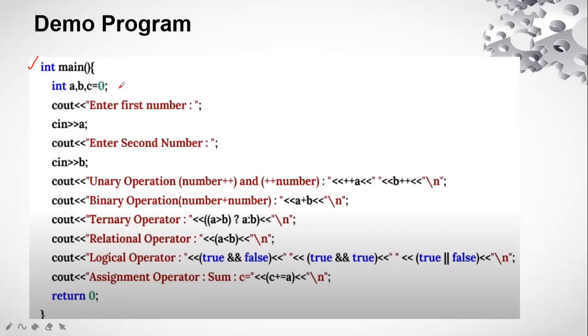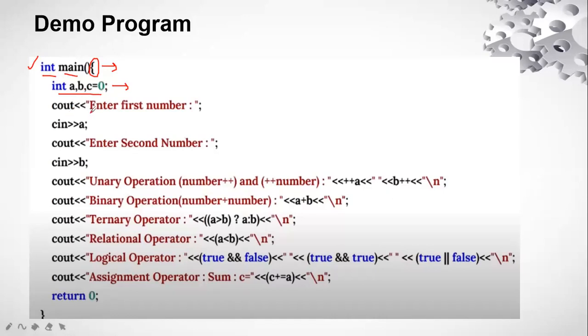Now see what I'm doing. This is the initialization of the main function. This is the starting of curly braces for the program. Integer is the return type for the function. Main is the name of the function. Integer abc is equal to 0. This is what I'm initializing, as well as giving values to the variables. I'm assigning the values to the variables. So here equal to is working as the assignment operator. So int abc, these are the three variables which have the value 0.